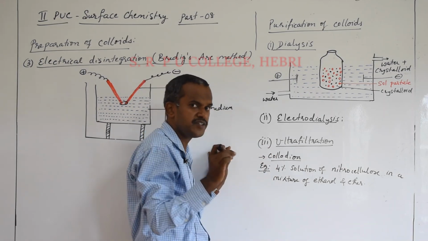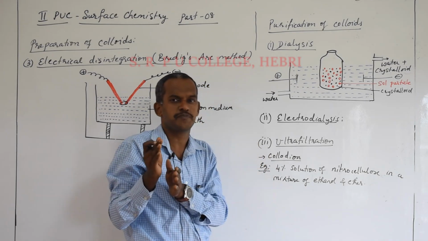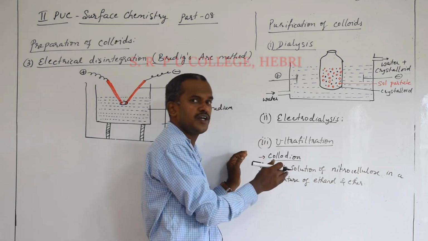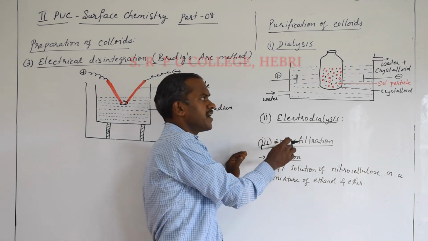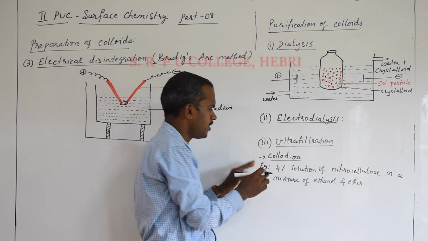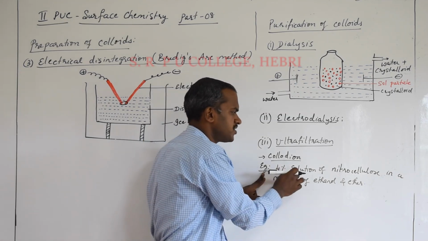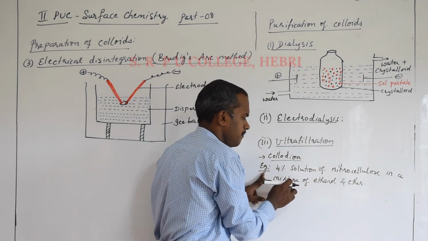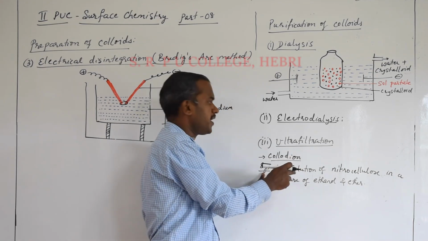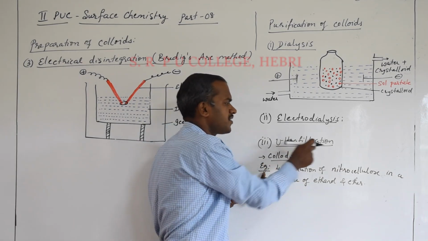Okay, when it decreases the pore size, what happens? Only the very small sized particles, the crystalloids or the dissolved particles, will diffuse, whereas the colloidal sized particles or the salt particles will be left over on the membrane. One well-known example of a collodion is a 4% solution of nitrocellulose in a mixture of ethanol and ether. It can be used on the membrane, which will reduce the pore size, and is used in ultrafiltration.